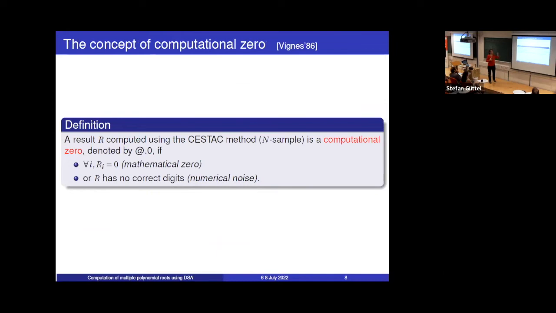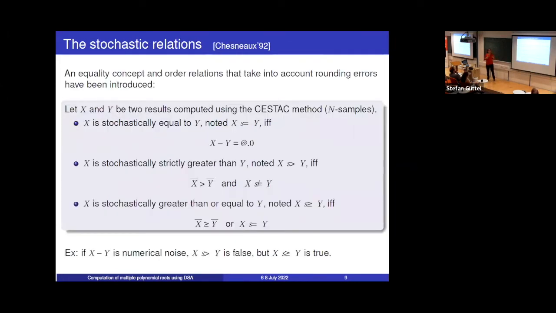This concept has been introduced also by Jean Vigne. So we have a result which is computed using the CESTAC method. And what is called a computational zero is a result which is the mathematical zero, so all the values that represent the number are 0, or the result has no correct digits. So it is numerical noise. And thanks to this concept, an equality concept and new order relations that take into account rounding errors have been